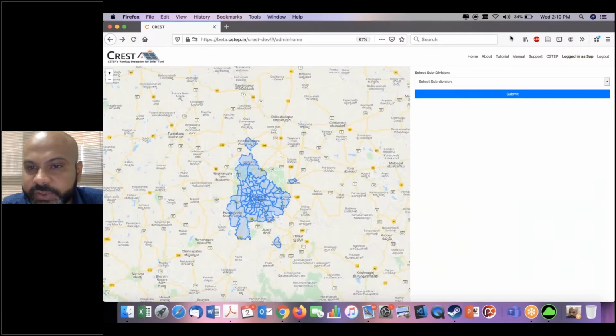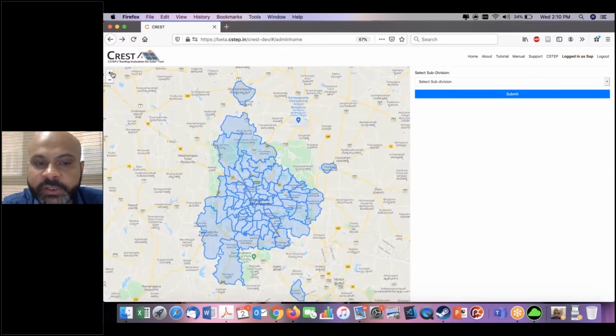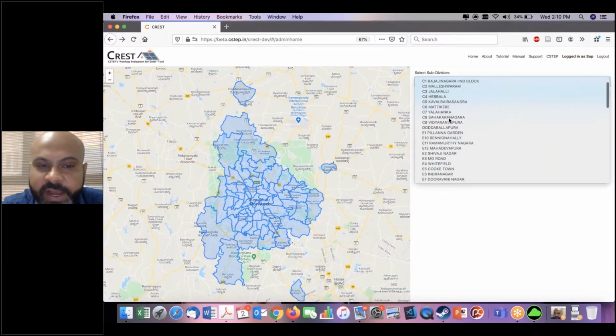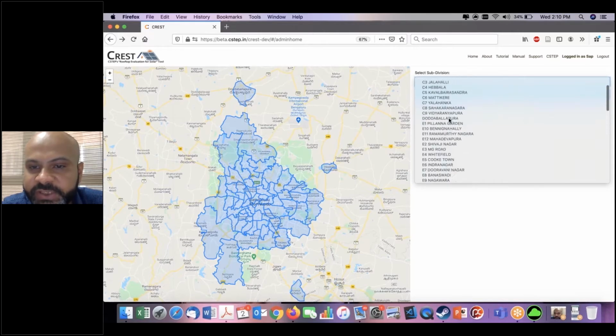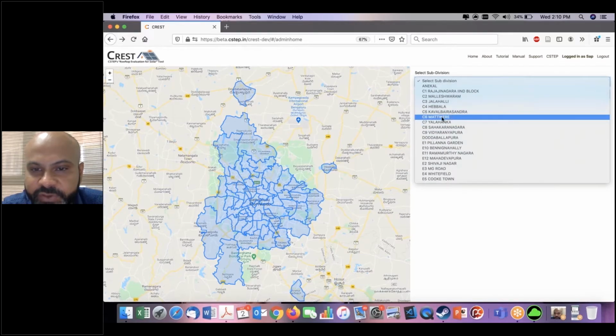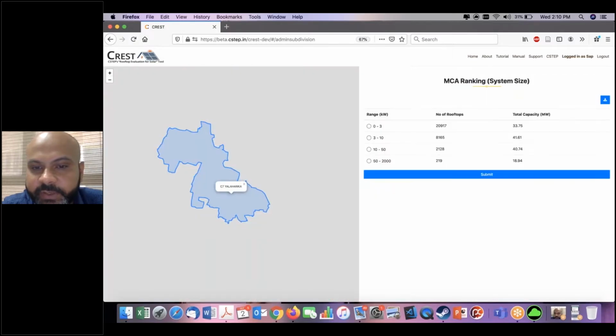Right. So as you can see, this is our area of coverage, and the blue boundaries denote the boundaries of the subdivisions of Bescom. So we have combined around 56 odd subdivisions, and we can check the capacity that has been identified in each subdivision. Now, how do we do that is we select any of the subdivisions from this drop down or from this map. So if I want to select Yelahanka, for example, and I click on submit, as you can see,